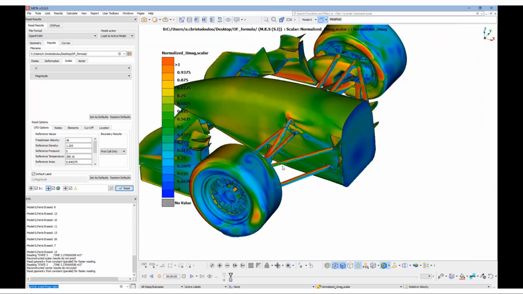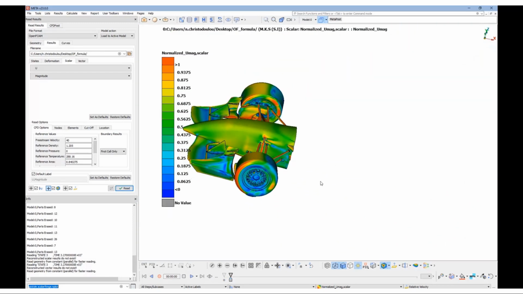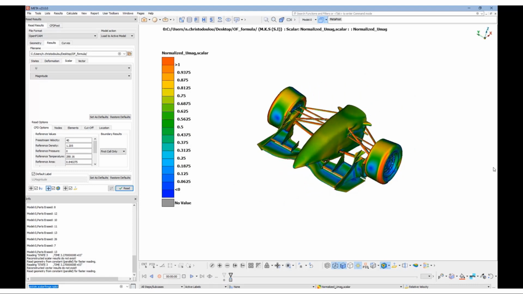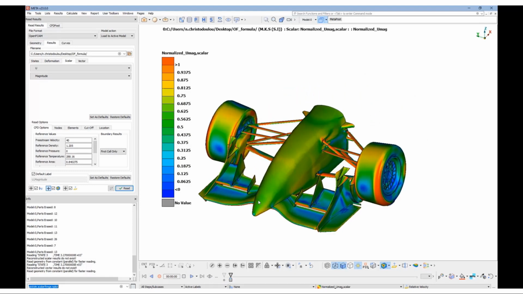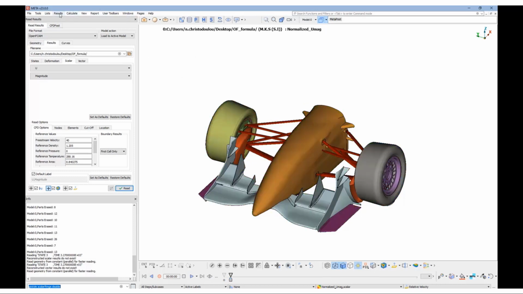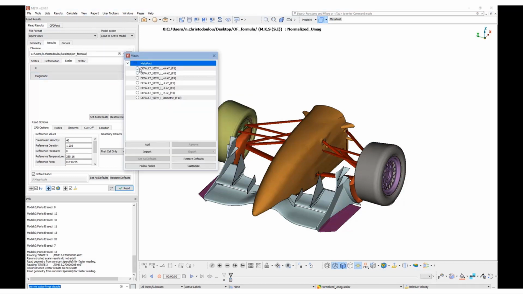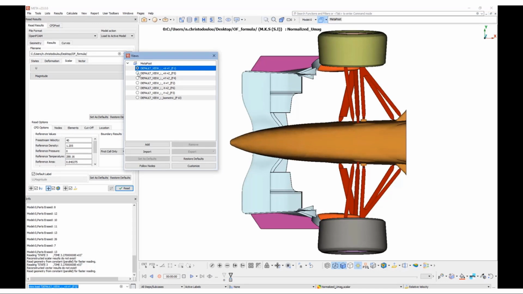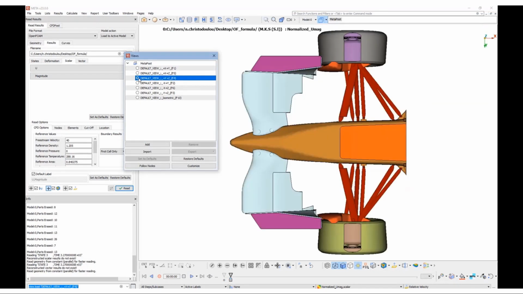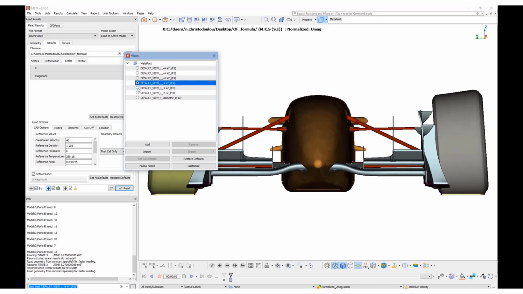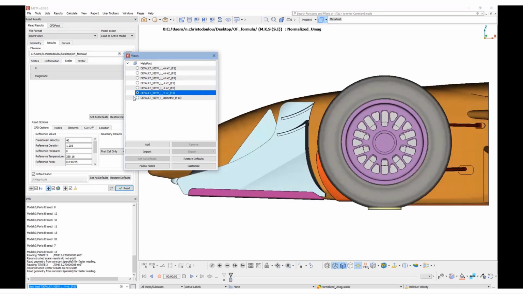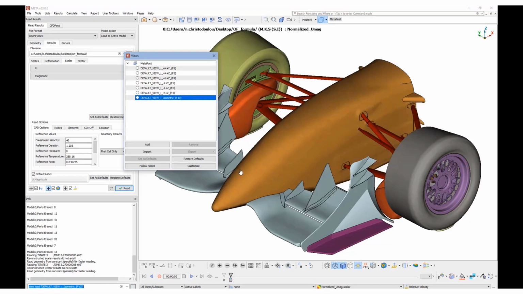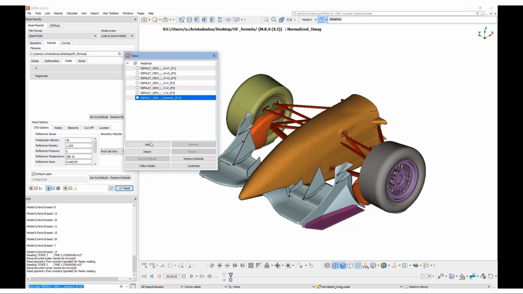Moving on now, what is really good to do in order to maintain a consistent way of post-processing is to define custom views. To do so, we'll go to Views, and here there are already defined some default views, based of course on the orientation of the global axis. And by using the Add button, the user can create custom views, or can even import them.